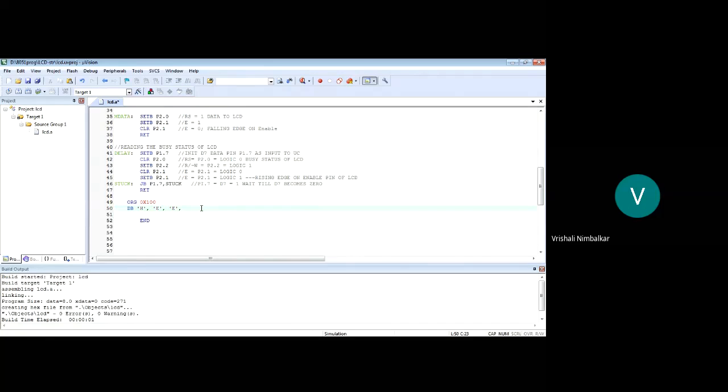Or else there is another way to enter your characters. I'm going to display hello, so into double quotes let me enter the entire message, HELLO. This is also okay. If there is a single character, put it inside single quotes. If there are multiple characters, put it inside double quotes.